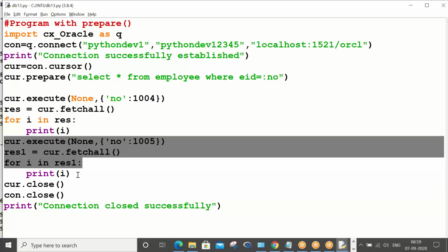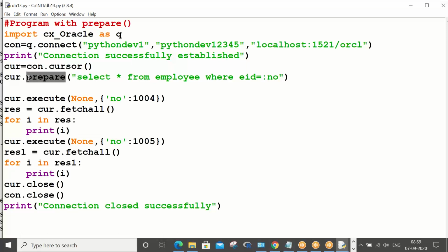So what we have achieved is that performance will be good if you use a prepare statement. If you don't use it, performance degrades. That is the learning. With this we are done with our Python database connectivity concept.